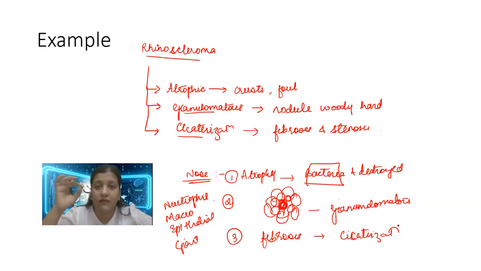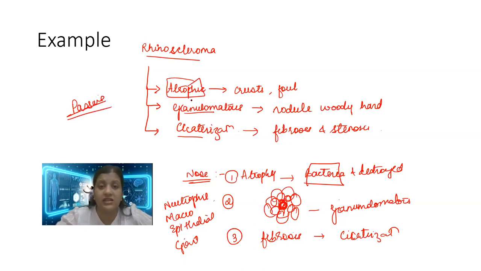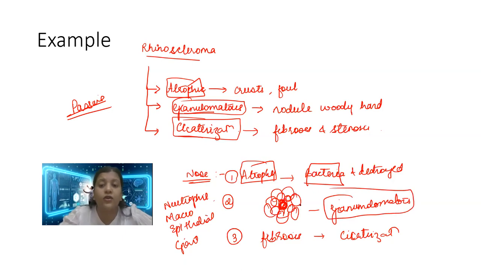Now the same thing, if I give you a clue after 1 month about rhinoscleroma, what does this bacteria do on going into the nose? It wants to multiply. Then you will be able to exactly recall the entire story that I have told you, and you will be able to produce the answer. So there is only one key point or one hint that I need to give you for you to remember. This is your passive learning, where you feel that you have known there are 3 stages, and what is happening in these 3 stages. But in your active learning, you're questioning why there is atrophy, why there is granuloma, and why there is cicatrization. And when you know the answers to your why, you will obviously know your symptoms.